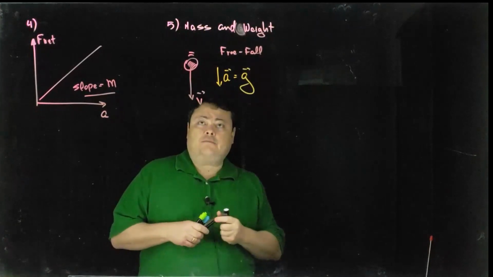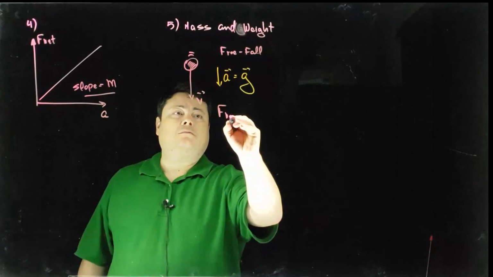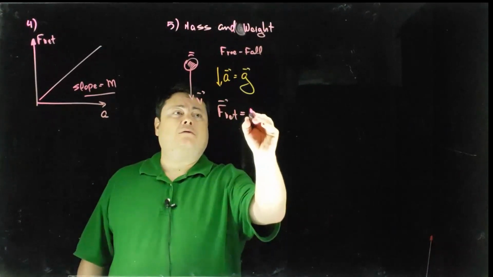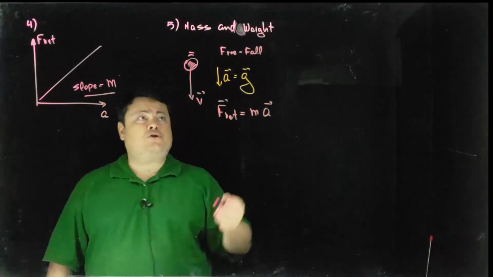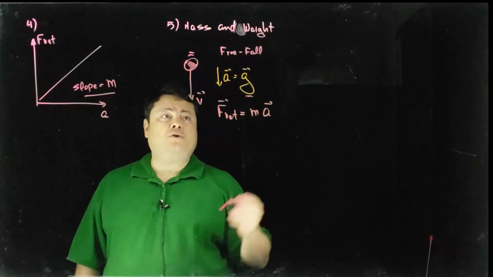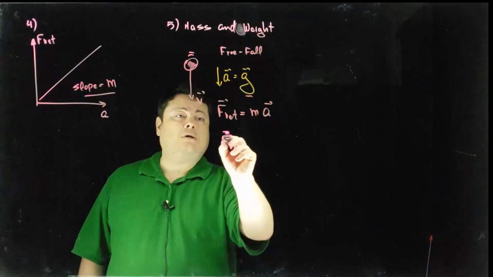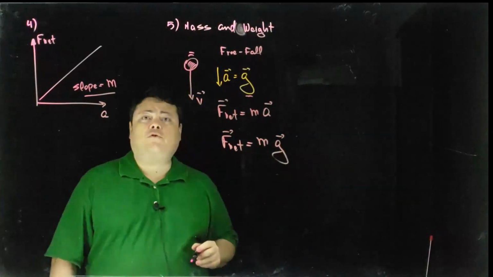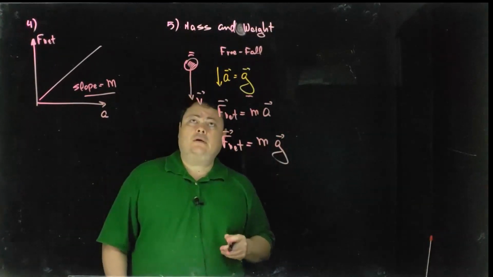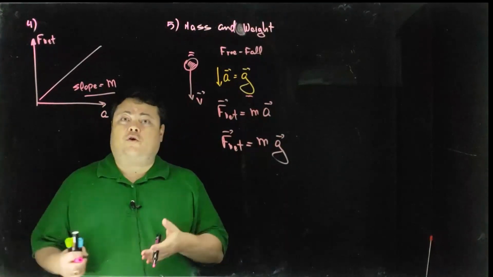If I apply Newton's second law to this object, net force equals mass times acceleration, and now I substitute the acceleration to be the acceleration due to gravity, net force equals mg. But the definition of an object in free fall is that the only force acting on